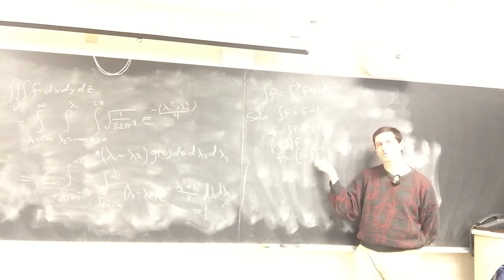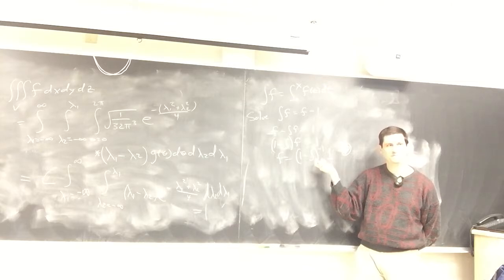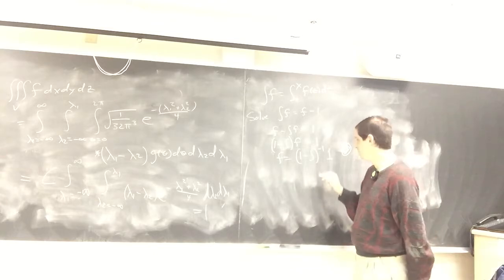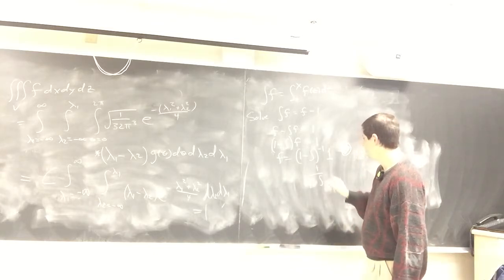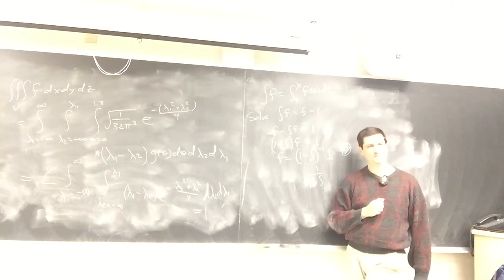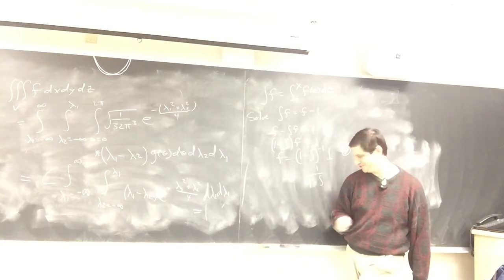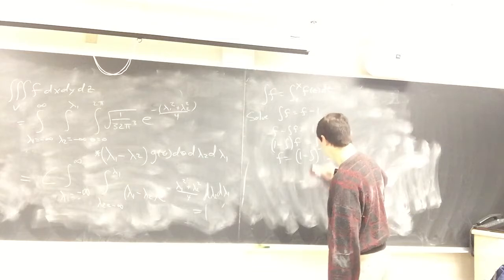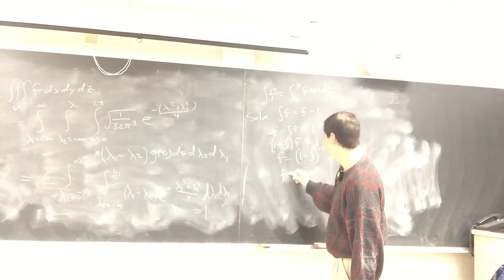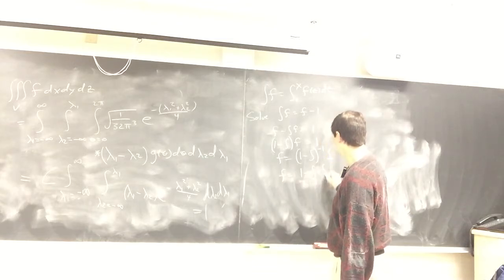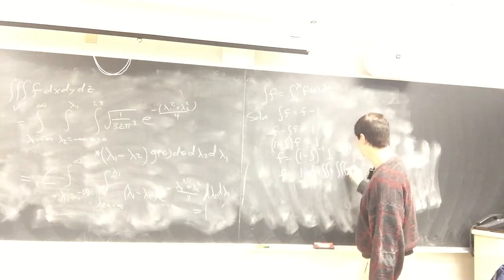What does this kind of look like? Where have we seen something like this before? Would it help if I wrote it as 1 over 1 minus integral? It's a geometric series. What should you do with a geometric series? Expand it. So f is equal to 1 plus integral plus integral integral plus integral integral integral